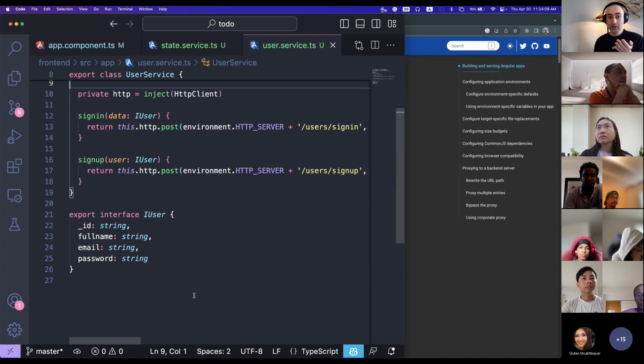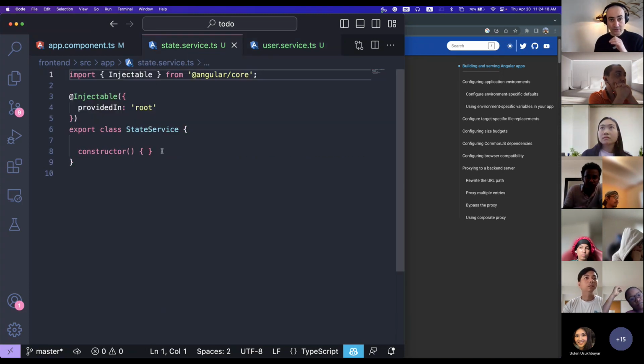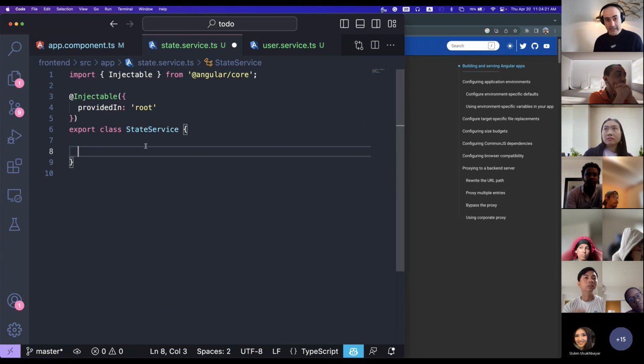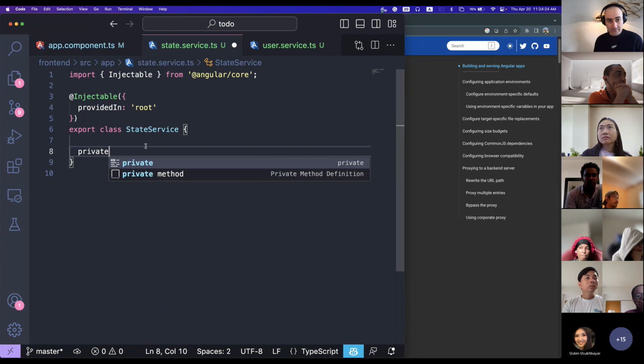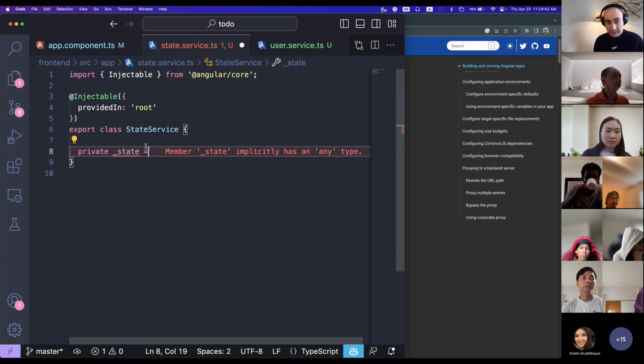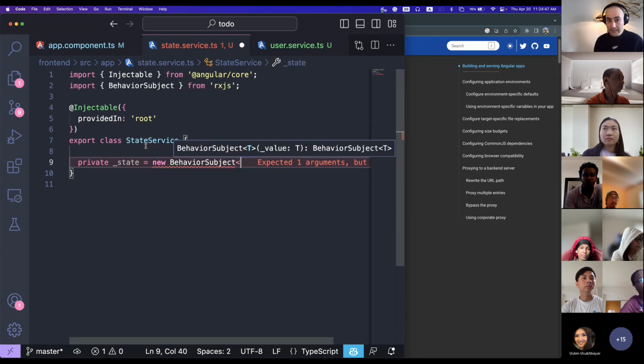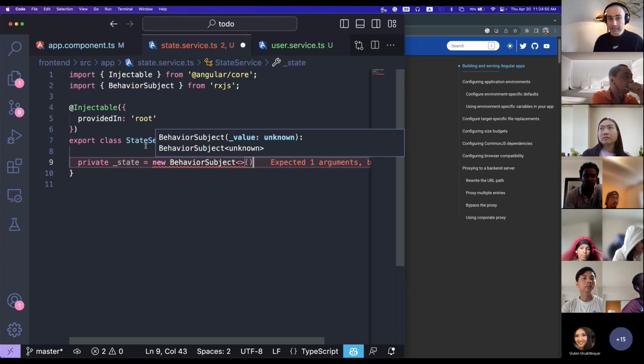Let's work on the state service now, to see how to save some sort of state and provide some tools to change the state as well. In my state service, I'm going to create a state. So private, of course, I can make it public and use it directly. I just like this pattern for fun. So private state, I can create it as underscore state so nobody can access this guy. Equal new BehaviorSubject. I'm going to state the type here shortly, and I'm going to give it the new